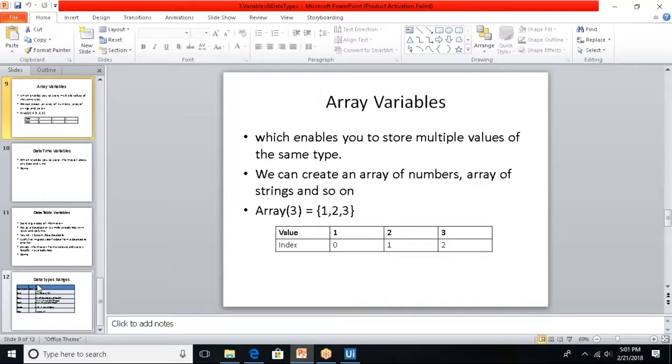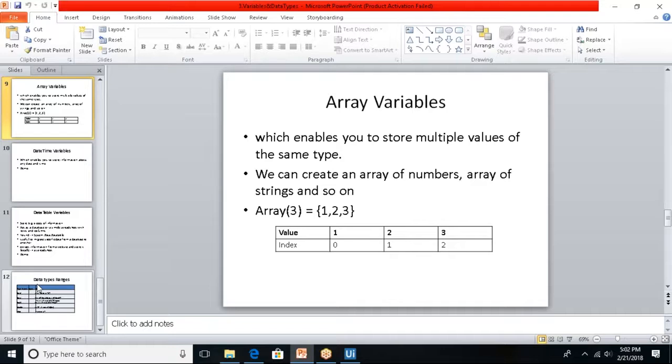Let's move on to the next important thing, called array. So far we have seen how to declare a single value and how to interact with a single value over the workflow. Let us discuss the array. Array is one of the important concepts in UiPath, where we can store multiple values at the same time. That means if we want to store 1 to 10, or 1 to 100 values in a particular variable,